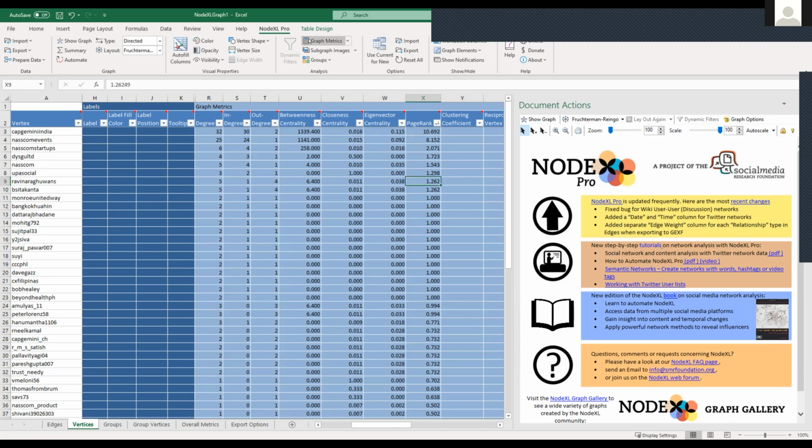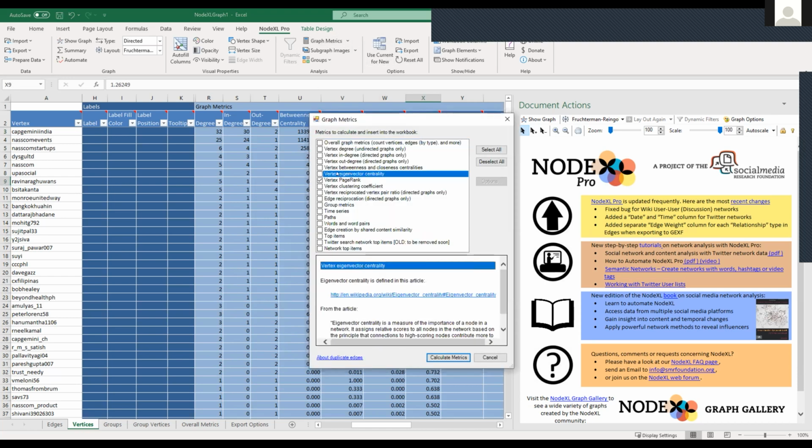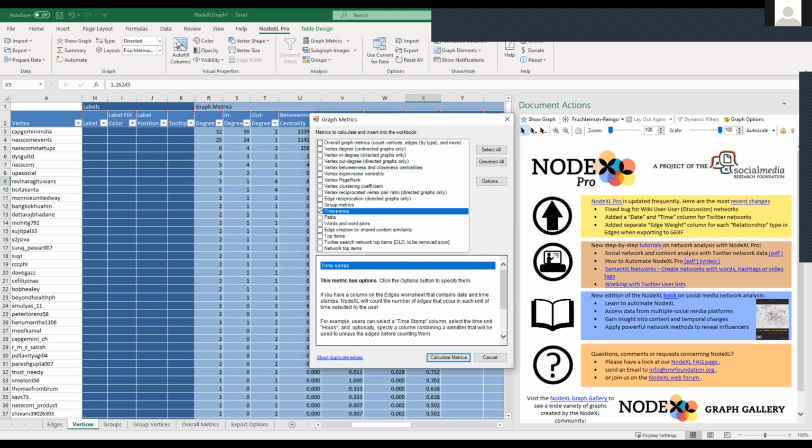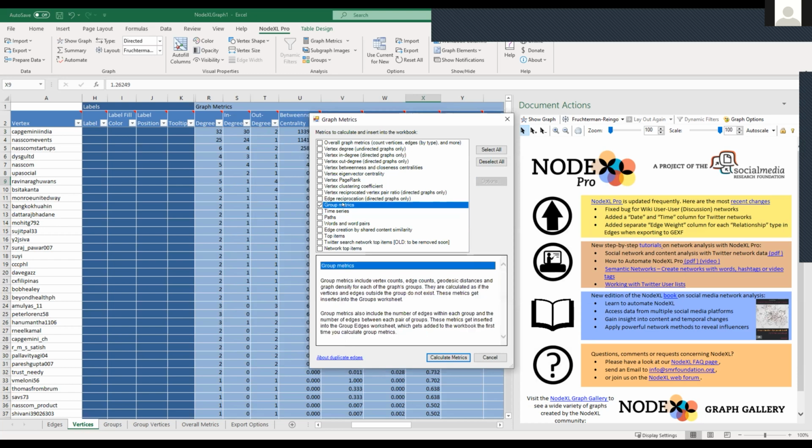Ayan, so that's that. And then there are a few things here that maybe I'll just skip for now because we don't use them as much. Yeah, maybe I'll just skip those. The next thing that you can do is to create a time series. So if you click on time series and then click on options. Actually, before I do that, sorry, let's do group metrics first.